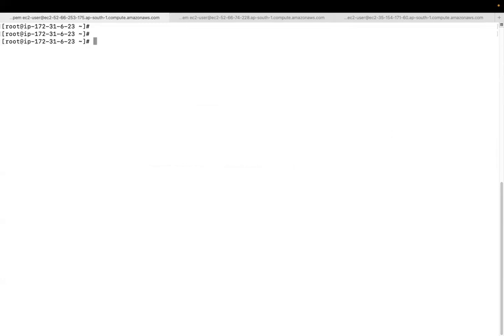Now, I want to deploy some containers. So in a swarm cluster, you will deploy the containers as services. In Compose also, do you remember we created services like,